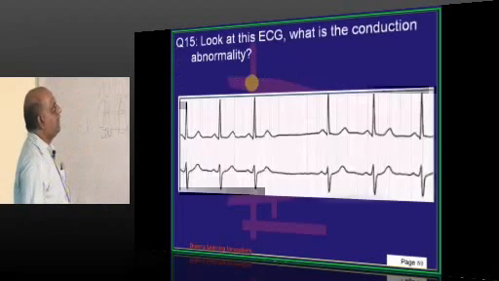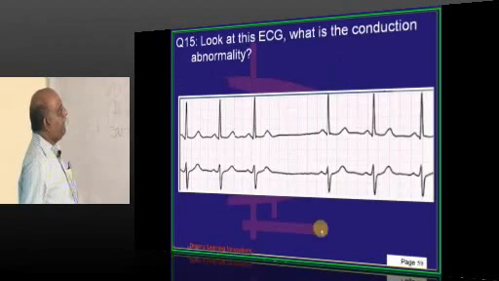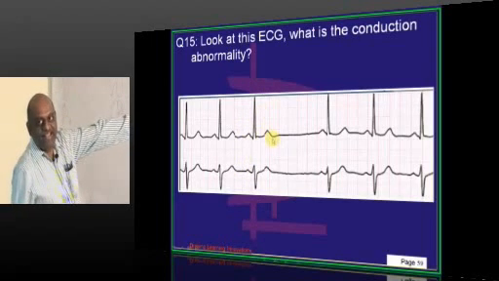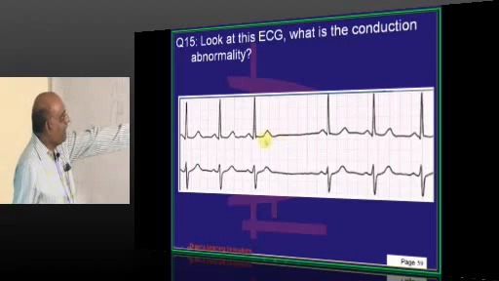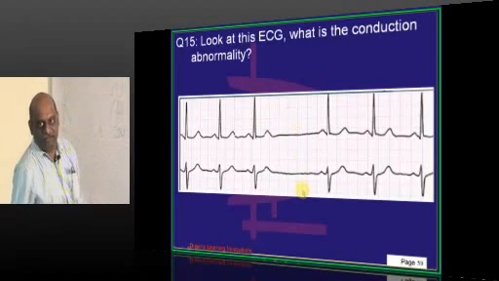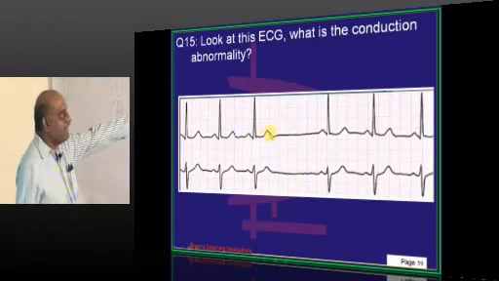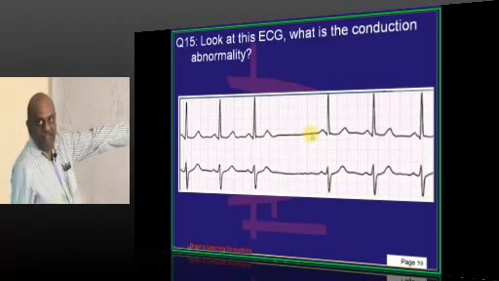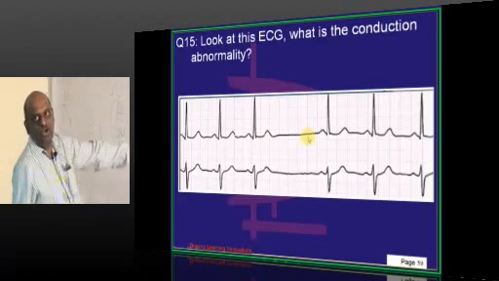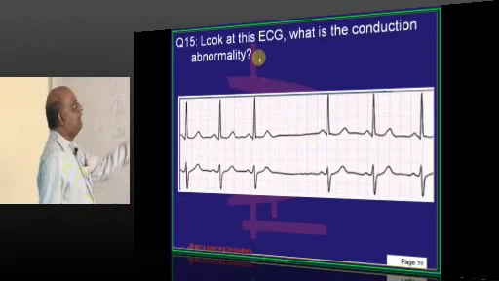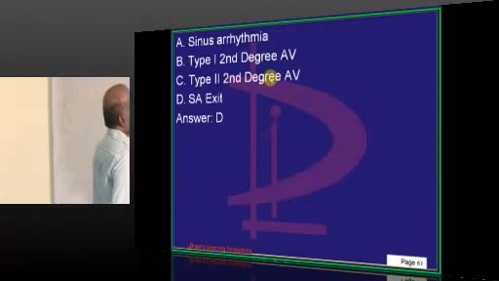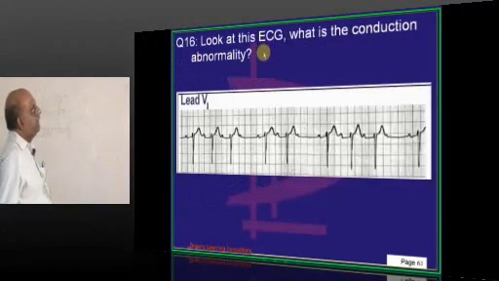Let's see the ECG once more. What happened? P wave, QRS, this is the T wave. I think I know where you got confused. You thought that this is the P wave and the QRS is dropped. No, this is the P wave that comes after the QRS. And both the P wave and the QRS got dropped suddenly. Hence that becomes a sinus exit block, is what you have to remember.